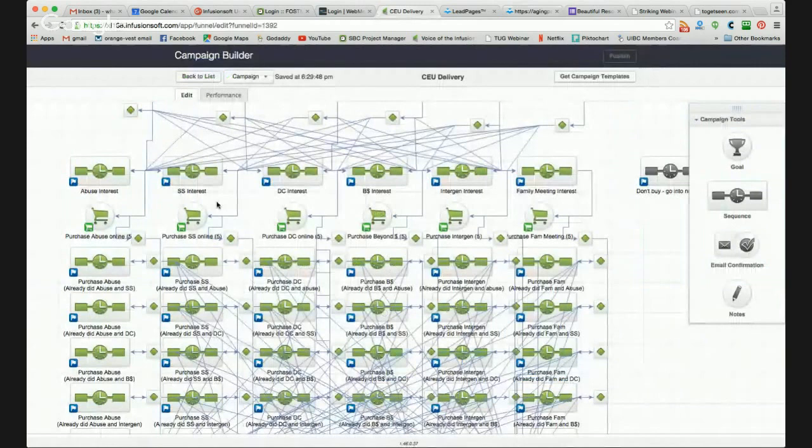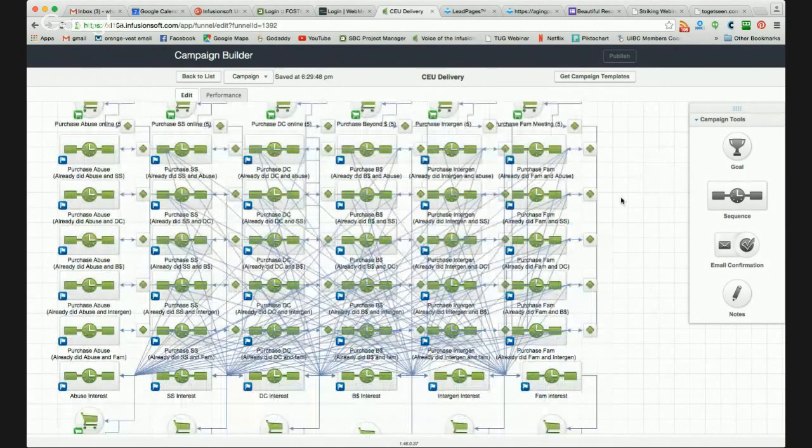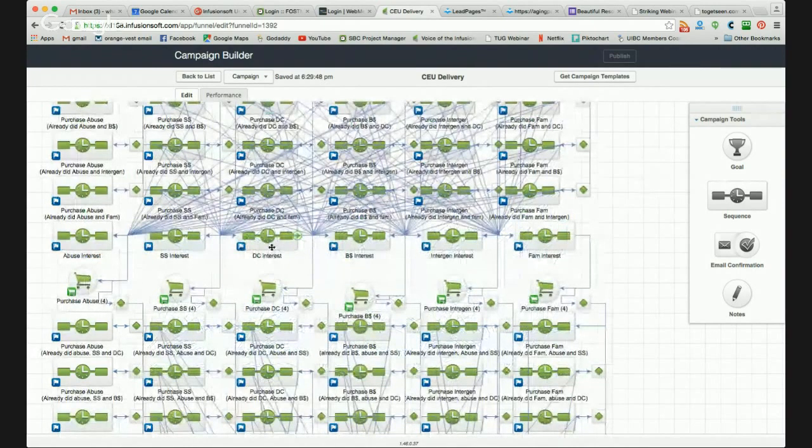Let's say they decided they wanted what we'll call diminished capacity, DC. They get the emails selling them into diminished capacity. They buy it, they get it delivered, and then it kicks them into the next set of emails where they get to decide the next thing they want. Since they've already bought elder abuse and diminished capacity, they can choose between these four, and that's all done by tags of interest, and sale, and these decision diamonds.